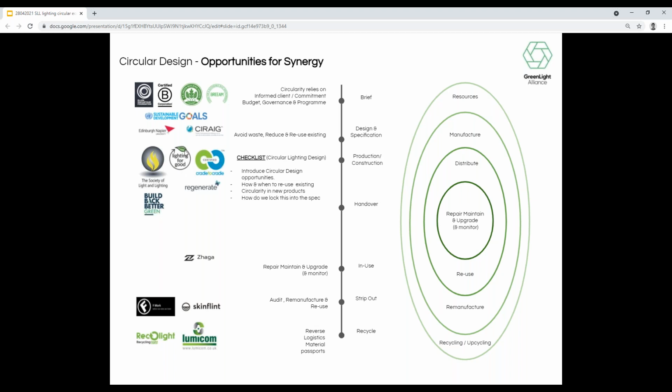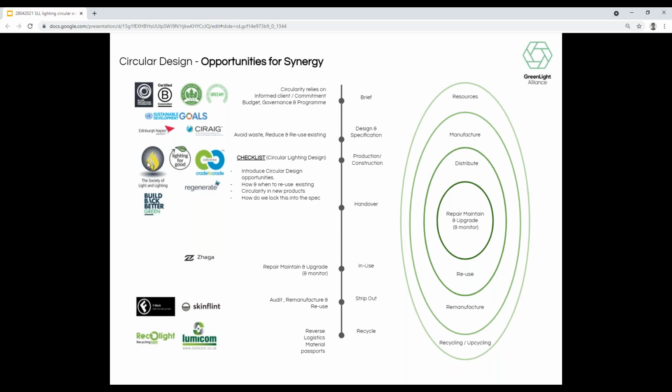Cradle to Cradle is another one that Whitecroft had mentioned previously, and it's a really challenging, very product-focused sustainable credit, and it's quite expensive to achieve, and it's a very involved process. So it's going to be hard to ask manufacturers to put their entire range through this system, but there's certainly principles between these two that can be learned.